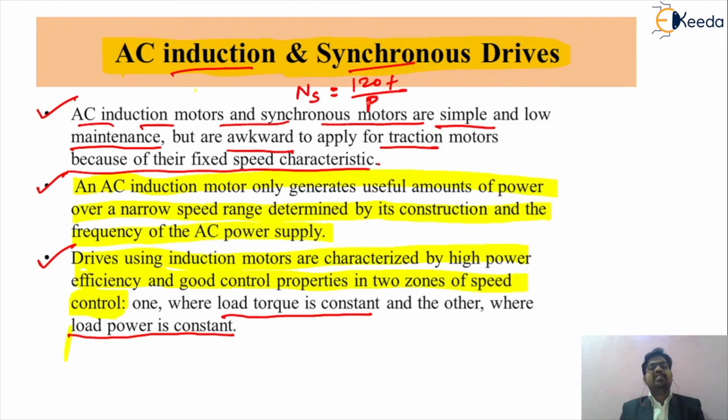So what do you mean by the synchronous speed? It is the speed at which the rotating magnetic field will be produced, and for the principle of the AC induction motor and the synchronous motor, this parameter is needed. So this synchronous speed will tell you, if you want speed control of the traction system below the synchronous speed, that is below ns, and above ns, then obviously we have to prefer such type of AC induction drive for your traction purpose.